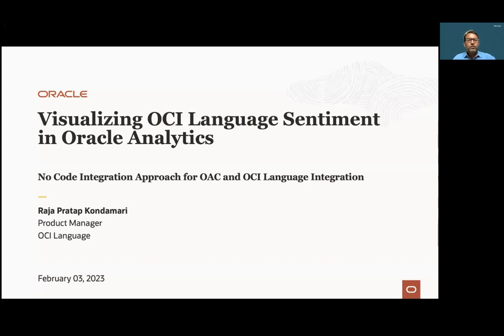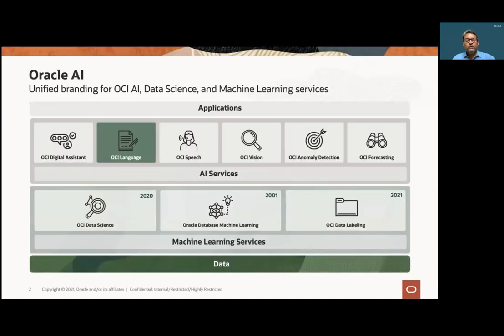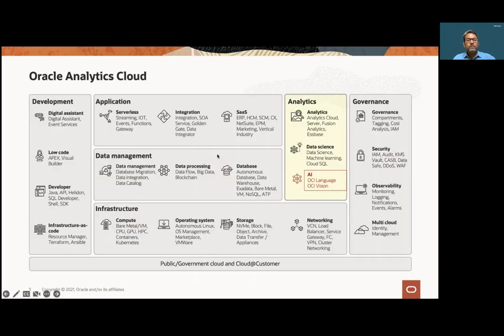Today I'm going to show you how to use OCI Language to analyze text and visualize the output in Oracle Analytics without writing any code. OCI Language offers APIs for analyzing text for various tasks, including sentiment, named entity recognition, text translation, and many more. Oracle Analytics is a powerful business intelligence platform and offers out-of-the-box integration with OCI Language and